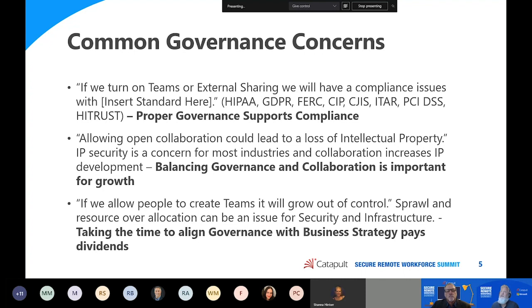There are so many compliance standards that have to be addressed, and proper security addresses a lot of those, and proper governance supports compliance. So the words in bold here, if you could think about reading them in Yoda's voice, but proper governance does support compliance, right?